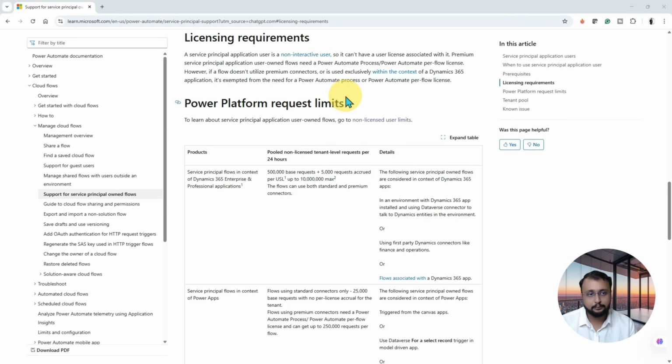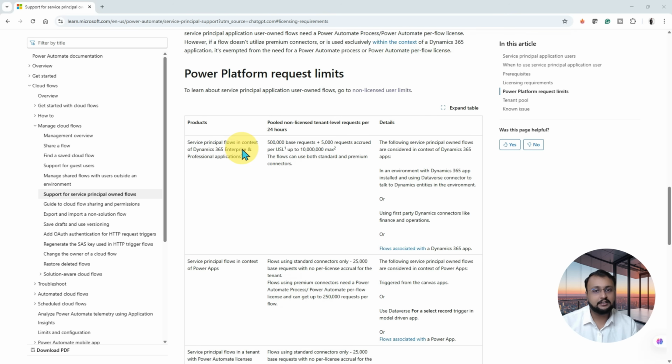Also, there is some more information here: a Power Automate process or Power Automate per flow license is required. If you are running from the Dynamics 365 context, it's exempted from the need for a Power Automate process or per flow license. So if your Power Automate flow is in the Dynamics 365 interface, then it's a different story. And when it falls under Dynamics 365 and you are using any kind of premium connectors, then what are the needs